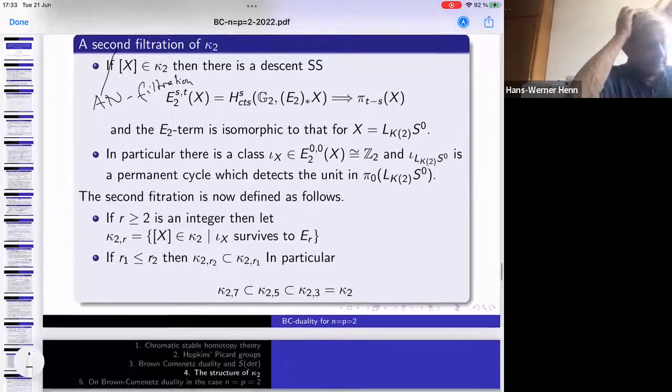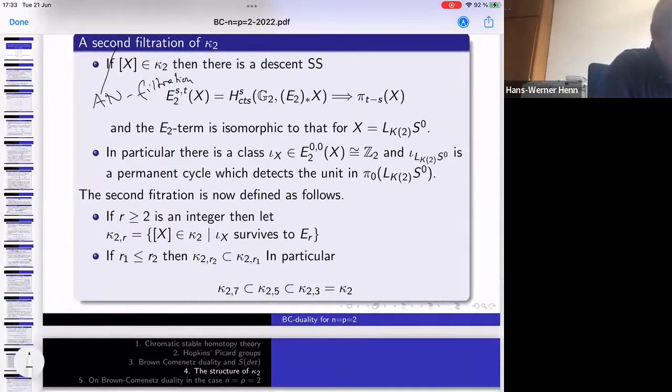It's clear that if r1 is less or equal than r2, then you get inclusions kappa 2 r2 in kappa 2 r1. Because the only differentials you can have are odd differentials, and you have a decreasing filtration, kappa 2.7 is in kappa 2.5, is in kappa 2.3, is in kappa 2,